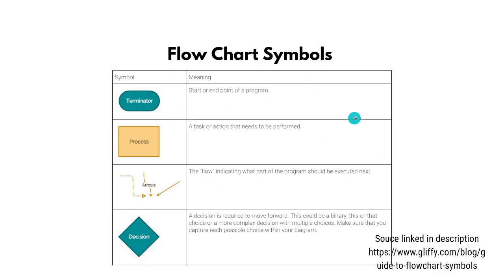The source for this is linked in the description, but basically this symbol is a terminator, which means the start or end of a program. You want to start with this, and then you want to proceed with other ones. The second one, this rectangle, is process, a task or action that needs to be performed. The arrows indicate flow, what part of the program should be executed next. So you will flow from a terminator to a decision or a process, and then end by flowing back to